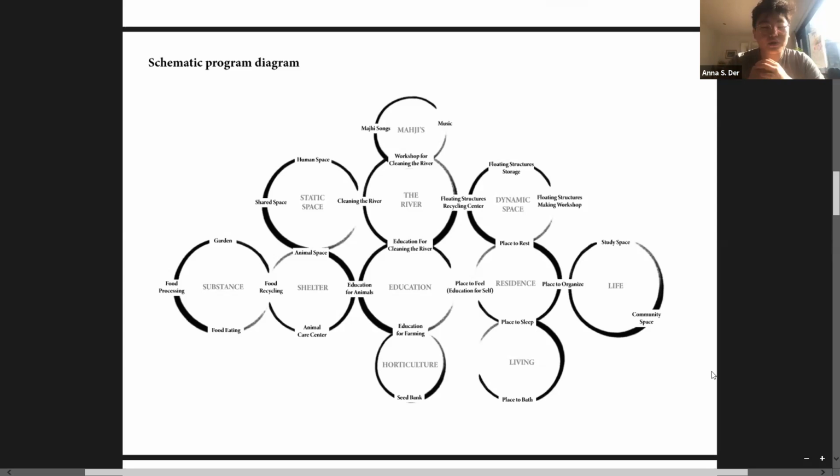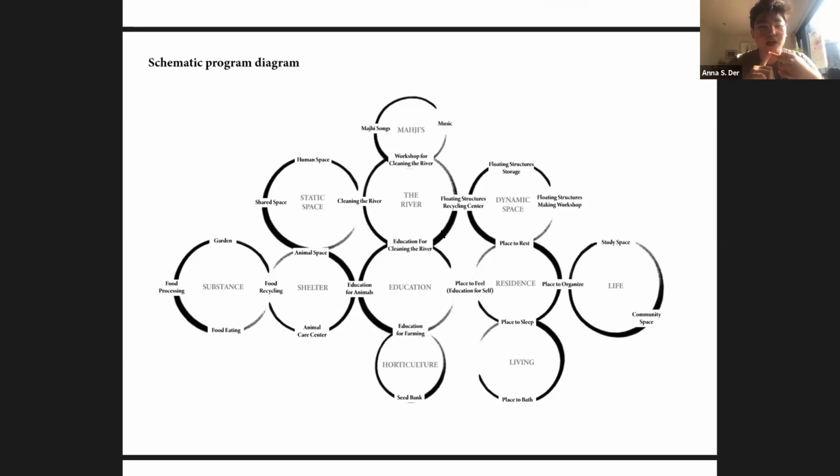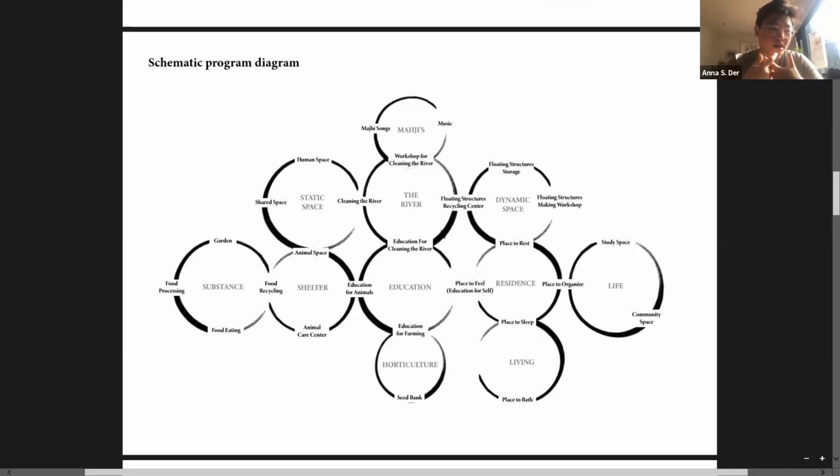Other connections are the river. We're saying that people should cross the river and build boats and take boats. So part of the architecture is creating a storage for these boats, creating a workshop for these boats, creating a place to rest after making the boats, and also creating a recycling center. That's also another idea that came to mind, that it's not a single process to make these boats, but that the boats will be recycled into the next buildings that are built. And yes, so lots of cycles, a program that connect to each other.